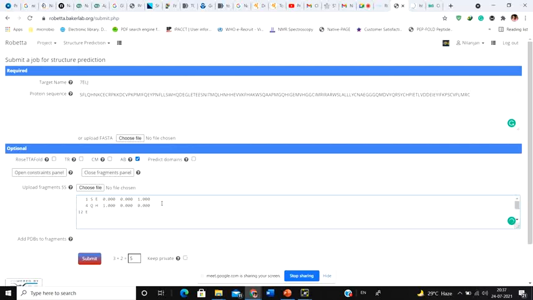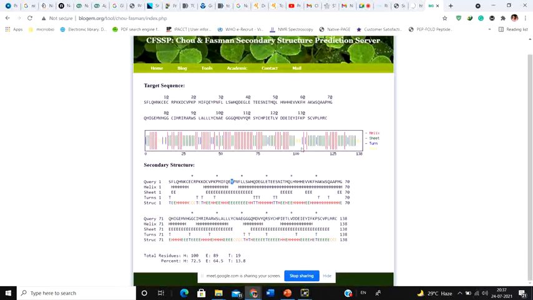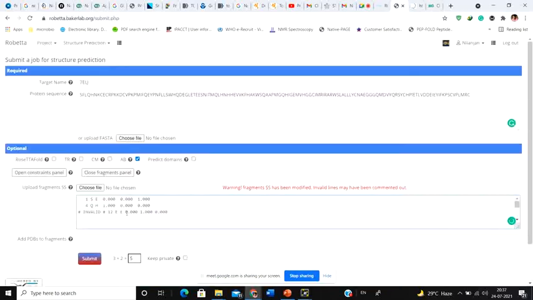E has a tendency to participate in beta sheet, and beta sheet is 0.000, 1.000, 0.000. So if you get the information from here, you could also incorporate that information here.